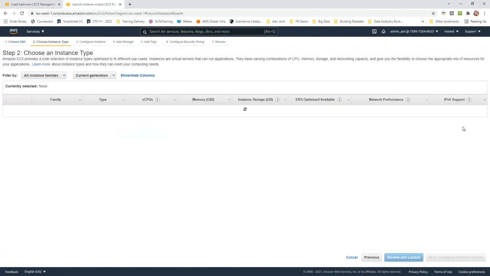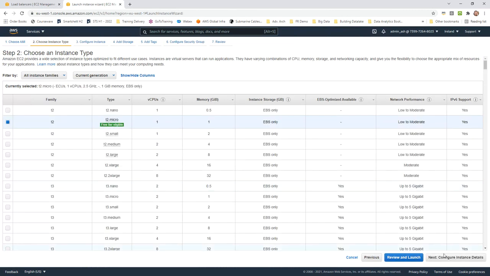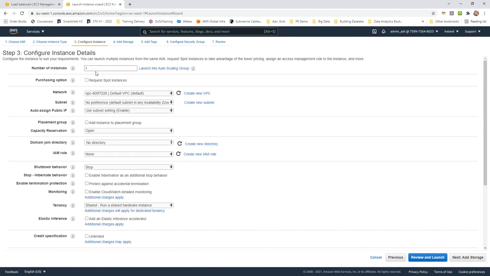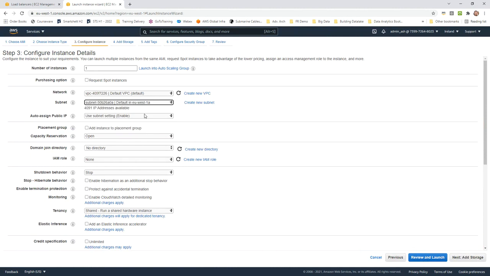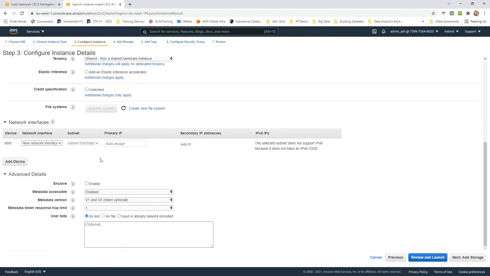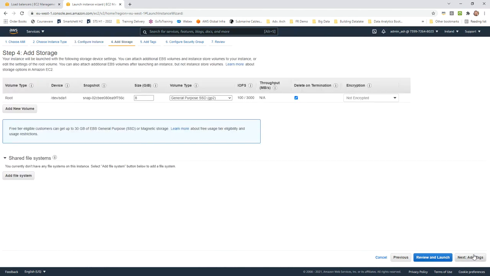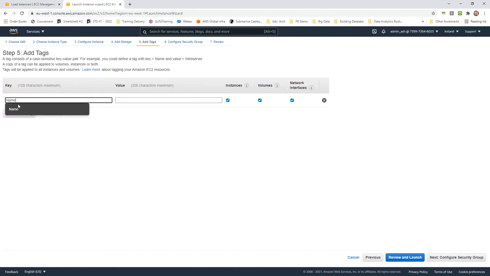So let's go ahead and start this particular EC2 machine. It is okay to have a small instance. T2 micro is fine. Let me move forward with that. And I would say one instance. I would select which VPC it would go into, which subnet it will be part of, and then what other information I want to add with it. So I'm happy to just keep on adding it, and now I am giving it a tag. Let's call it my Node.js application. Instance, volume, and network interfaces all would be tagged with the same thing.